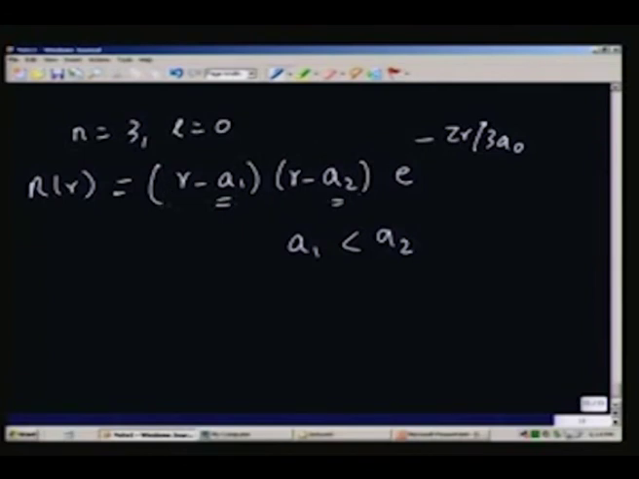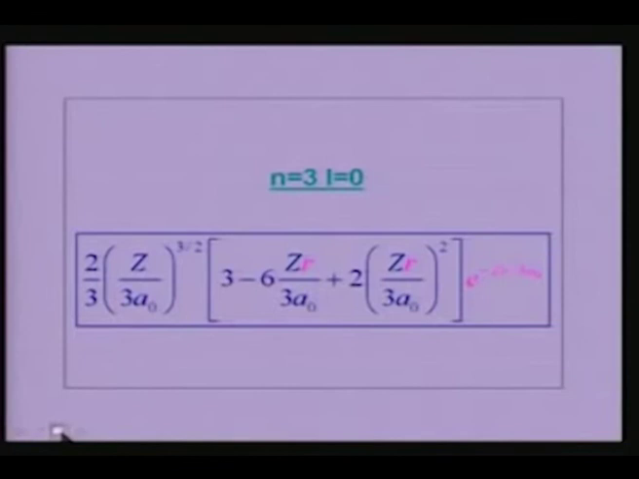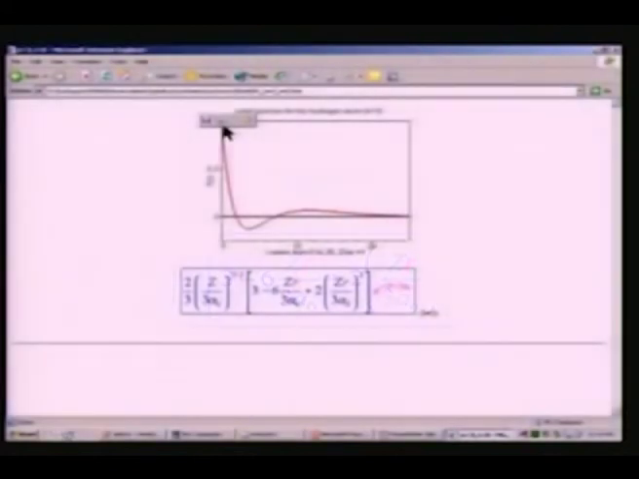this function keeps on increasing as r square, but eventually the exponential goes down and this function goes to 0. Therefore what you have is a positive part, a negative part, and then a positive part. N equal to 3, L equal to 0. It starts from a non-zero value, goes to 0 at a1, increases but then decreases, at a2 it becomes 0, and then it keeps on increasing as r square, but the exponential eventually kills it off. So these are the two radial nodes for the quadratic function that you have here,